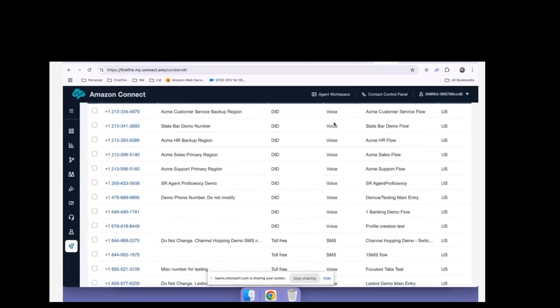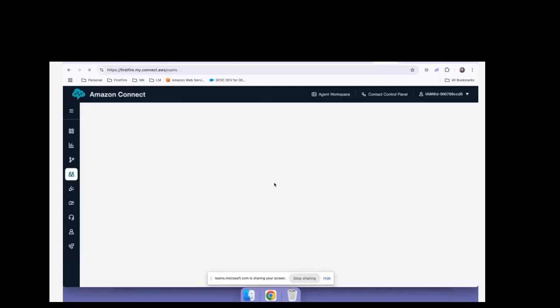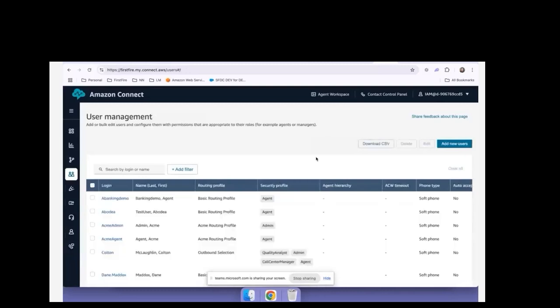All right, I will move on and jump into the admin portal here. Gonna start with something basic here. So user management. Main thing I'd like to point out here is that when you're managing users within Amazon Connect,